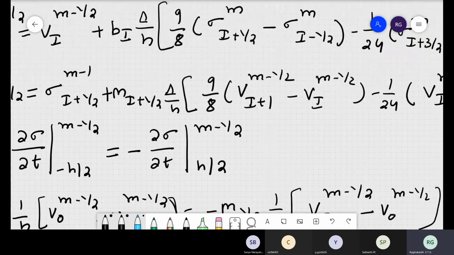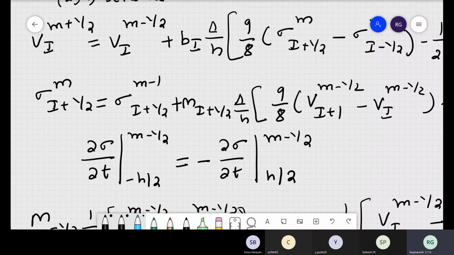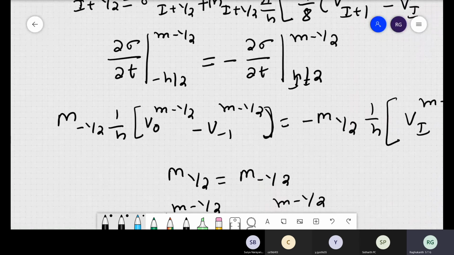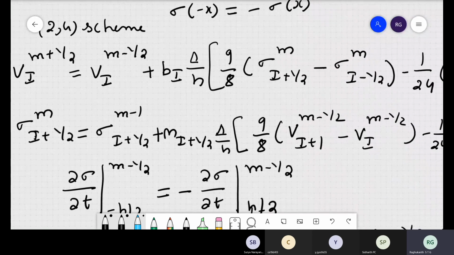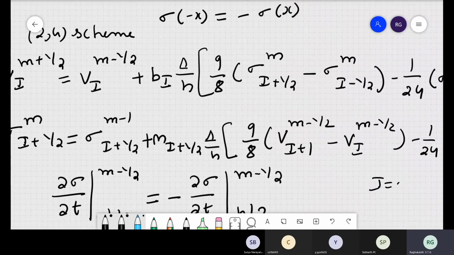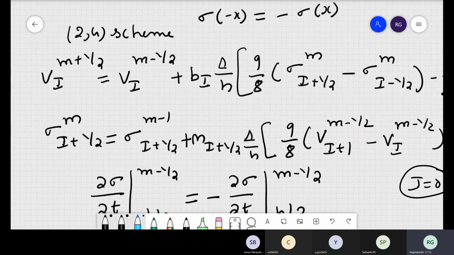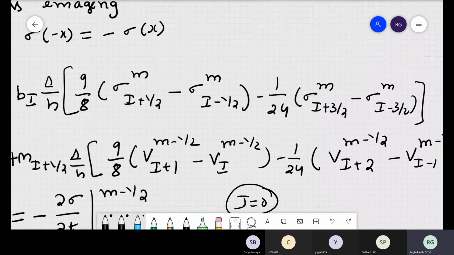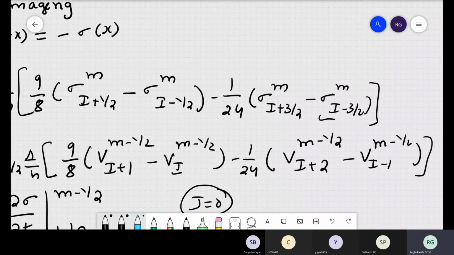So here the idea is like this. If you write these equations, we are saying that at x equal to 0, we have this one. If you take i equal to 0, what happens? i equal to 0 is the free surface, okay? Now this is a velocity. So at the surface, velocity is not 0, okay? So i equal to 0 means, in our calculations, we should know this is a problematic term actually. We should know σ at minus 3/2.